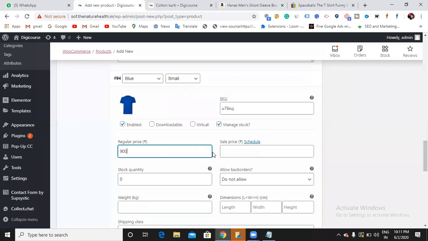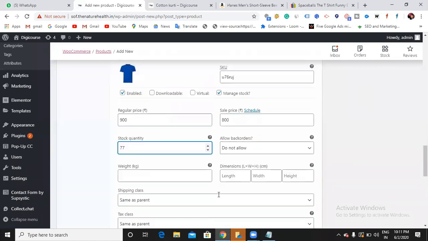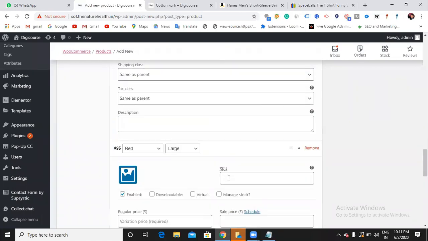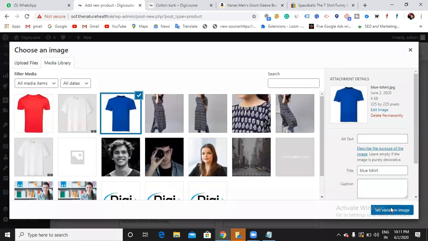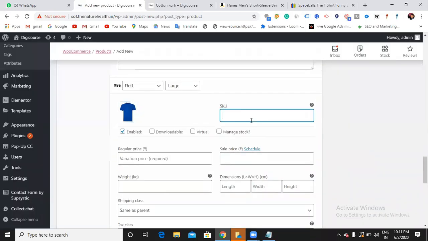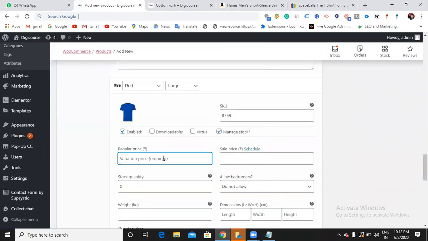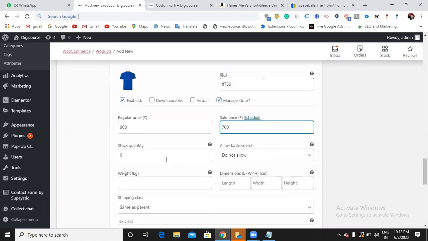Not for sizes, for colors. For colors, you can offer the same rate, but obviously size matters, right? Size differences. Is it mandatory to offer the same price? It's up to us, it's up to the owner.